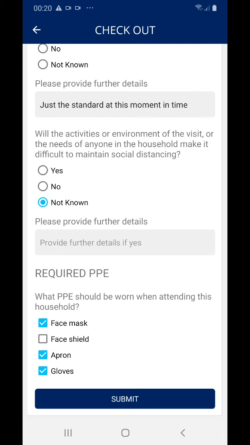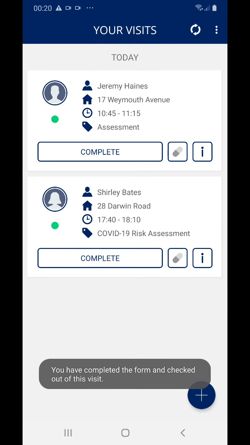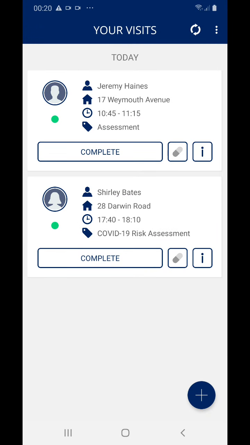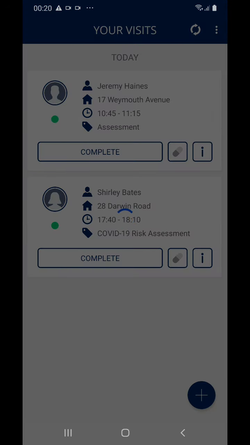So if I go ahead and submit that, that's now gone off back to the main system. And if I press sync at the top, what I will be doing then is simulating the role of a carer in the future that will come to a visit with this particular service user and will want to be able to see that this service user has had a risk assessment for COVID completed. So if I press sync,